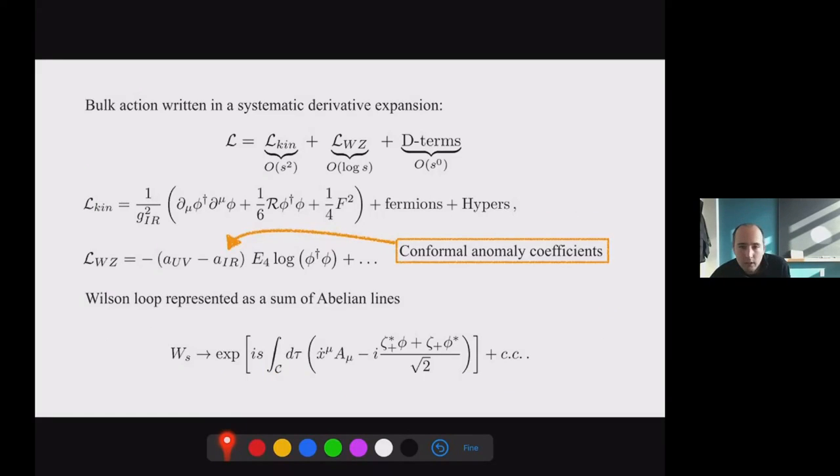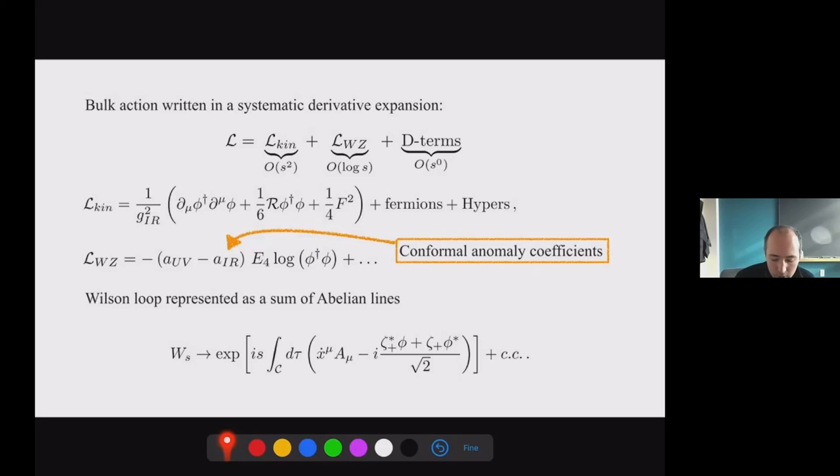So the effective field theory is naturally organized in a derivative expansion in 1 over S squared. It has a kinetic term, a Wess-Zumino term, or proper supersymmetrization, of course, and further terms which are D terms. So the kinetic terms scale like S squared. And as you know, it only depends on a unique coupling up front. And these are the relevant parts. It coincides with a scalar, the gauge field, and then fermions, and possibly hypers that might appear in some superconformal field theories. Like in n equal 4, we must have a hyper just to have n equal 4 supersymmetry.